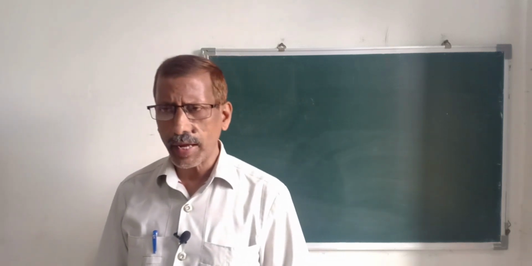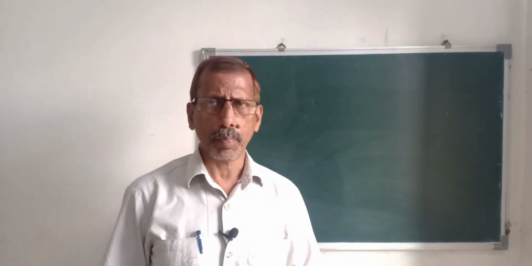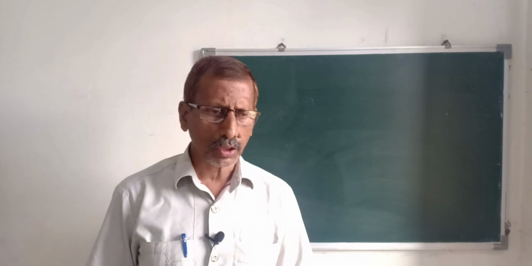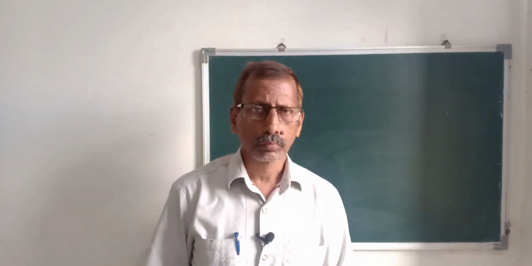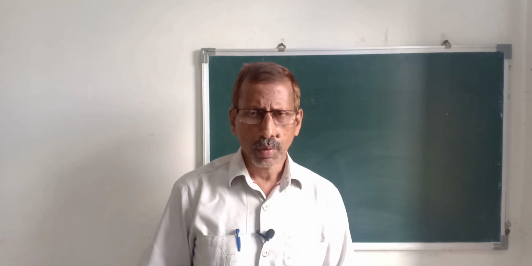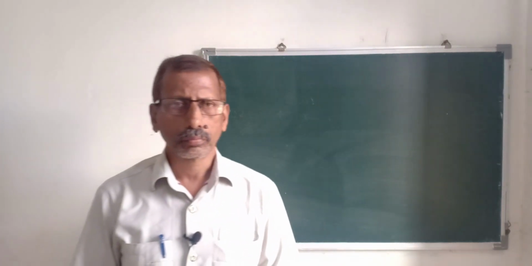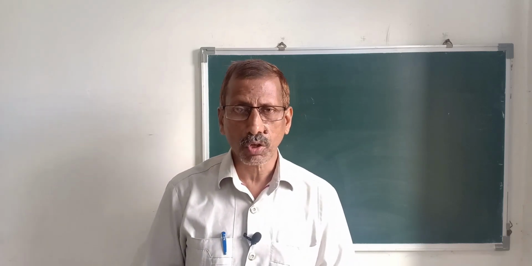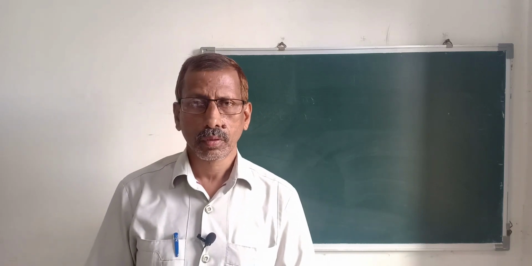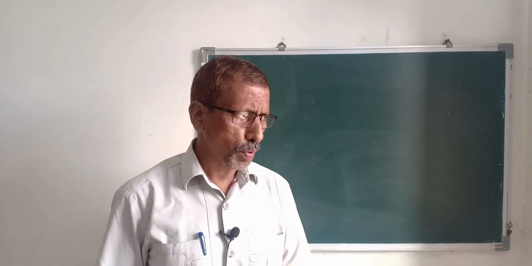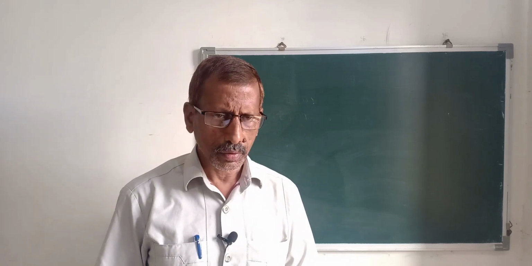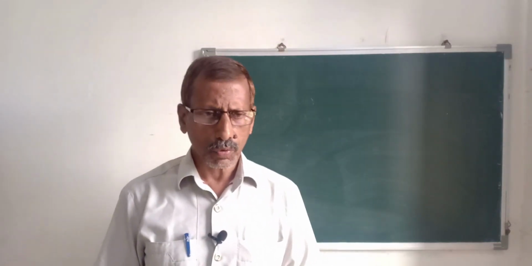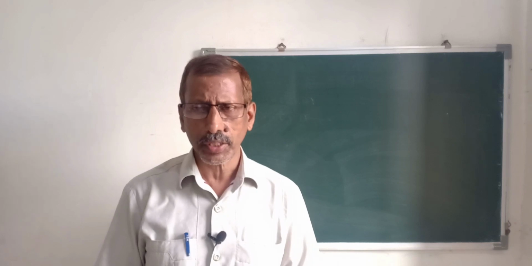So according to the law of length, the period of simple pendulum is directly proportional to square root of length of the simple pendulum. So period of simple pendulum is increased by increasing length of simple pendulum. T is equal to 2 pi into square root of L by g, where small g is acceleration due to gravity, and on earth value of g is 9.8 meter per second square.